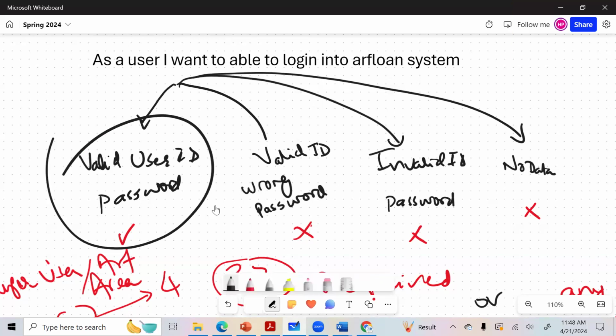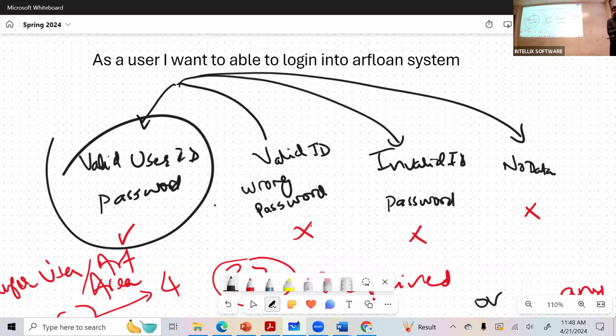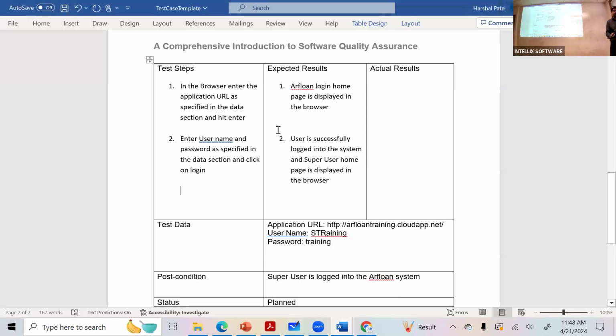You still have to write three more scenarios, three more different test cases. Now your steps will be different, test data will be different, preconditions will be different. Any questions?